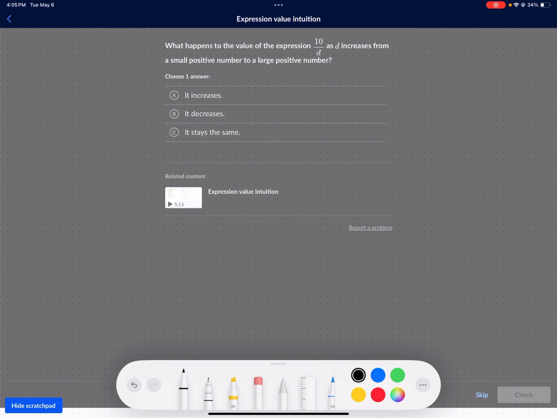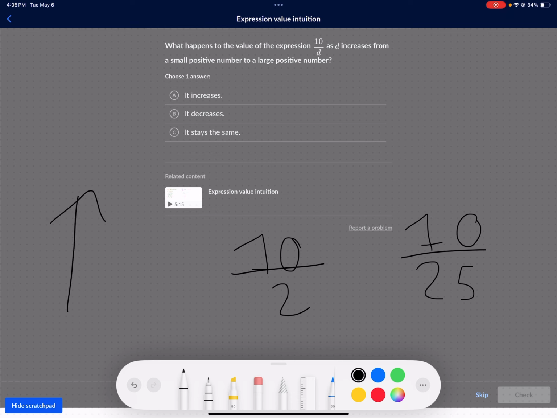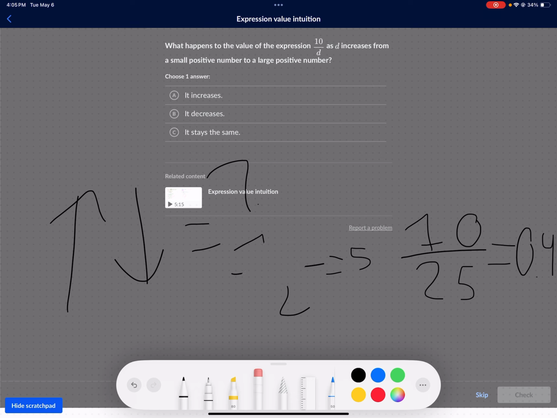So let's take a look at this. Let's just say d was a small positive number. For this tutorial, I'll use 2. 2 is pretty small. Now, what if we increase that to a larger number, maybe like 25? Will it gain? Will it go down? Will it stay the same? If we take 10 over 2, we get 5. If we take 10 over 25, we get like 0.4 or something. Whenever the denominator increases,